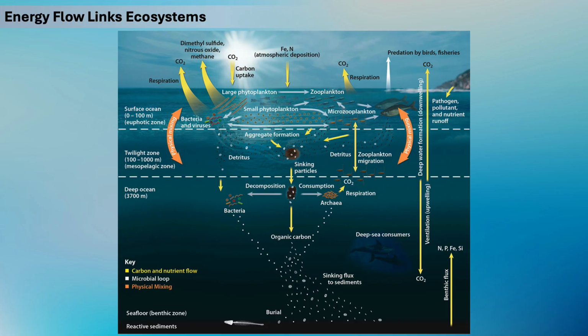Before finishing today's lecture, I wanted to share one of my favorite diagrams. This illustration is the best one I have seen to demonstrate carbon and energy flow throughout an ocean basin. It even includes outside influencers such as pollution and nutrient runoff from land, and even predation by birds. You will see deep water formation and upwelling on the right side of the illustration, and of course, plenty of marine snow right there in the middle.